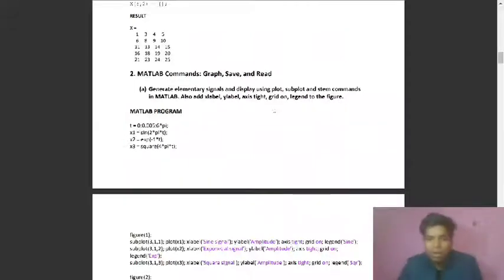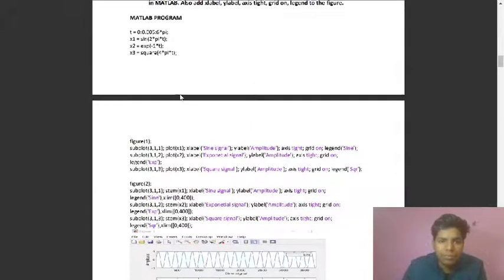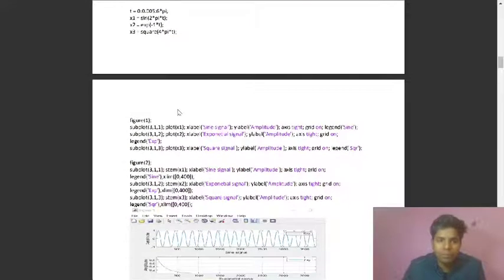So let's see what all these functions do. First of all, we are taking t from 0 to 6 pi, with a step of 0.001 seconds. So this is our first elementary signal, the sine function. We are taking x1 as sine 2 pi t, and this is the second elementary signal. This is the exponential signal. We are taking exponential of minus t, the decaying exponential, and this is the third. Here we are giving a square signal, which will go high low high low high low like this. So here we are creating a new window.